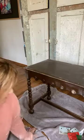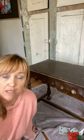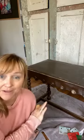Tabitha, I love your question. Will a light color paint cover the dark color of this piece? I won't go too far into it, but when I first started flipping furniture, I did it because I wanted to decorate, and we had a tight budget and I couldn't just buy furniture. So I had to paint furniture that I found at yard sales and thrift stores. And anyway, it became this whole thing, right? That I'm doing